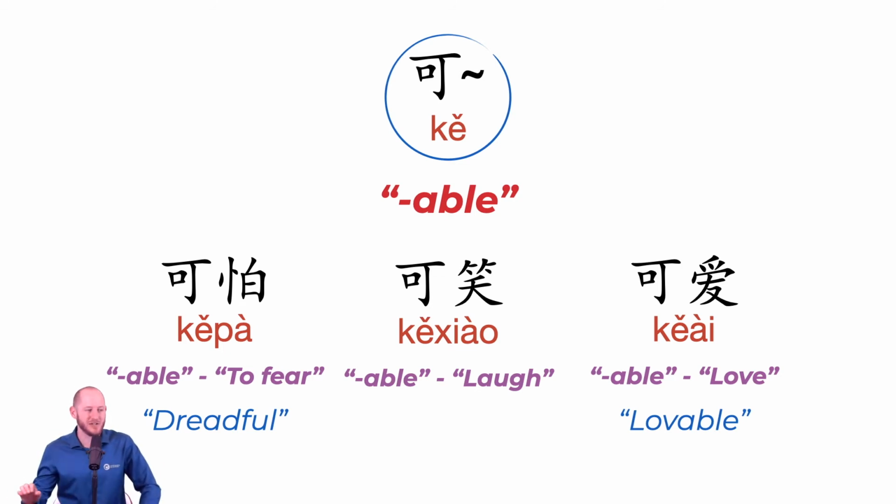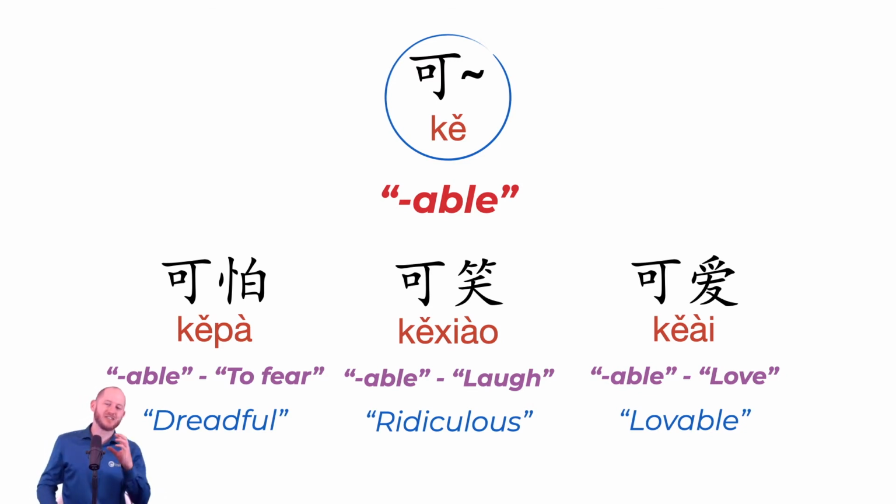Now, this last one, 可笑, makes people feel laughter. However, it doesn't mean funny. What it means is ridiculous. So it's kind of got a derision to it in this case. So 可笑 is like, oh, that's ridiculous. People are going to laugh at you over that, right? Whereas 搞笑 or 好笑. In fact, we talked about 难 and 好 in the previous slide. That, if you said 好笑, easy to laugh, that means funny, right? But 可笑 means ridiculous in a derisive type of way.